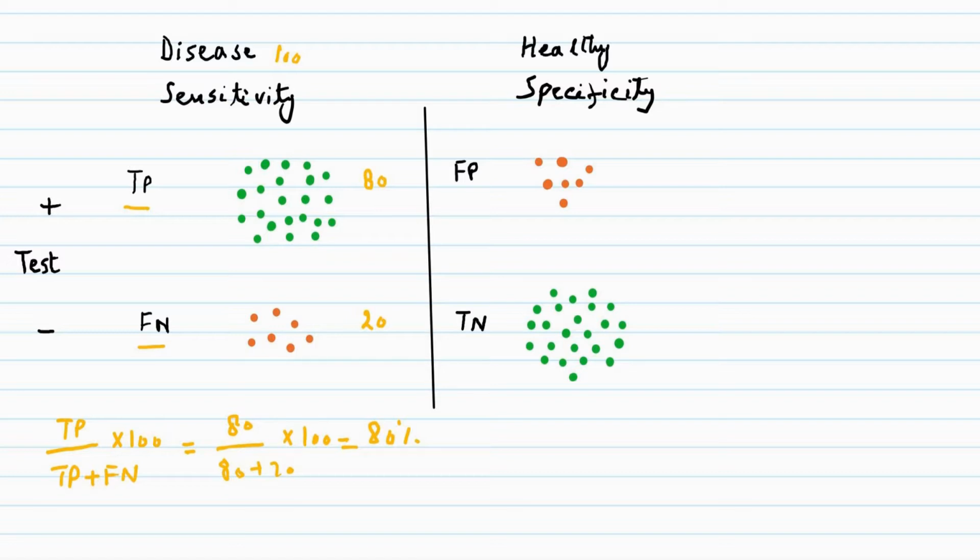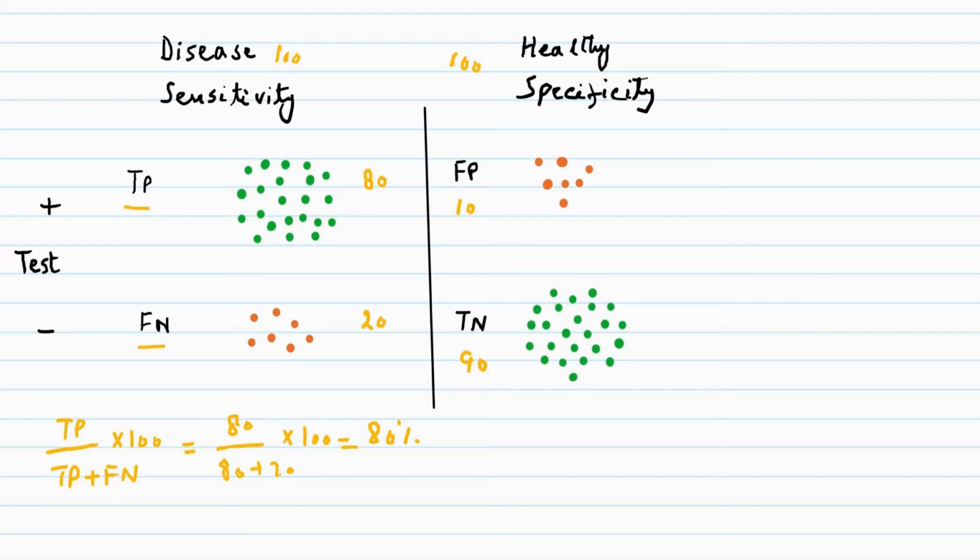Suppose we had 100 people who we knew were healthy and the test correctly identified 90 people who were healthy and the result is negative, while the result is false positive in 10 people who will appear to have disease due to false positive results